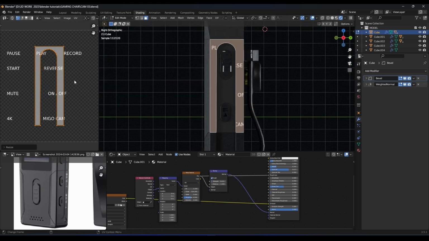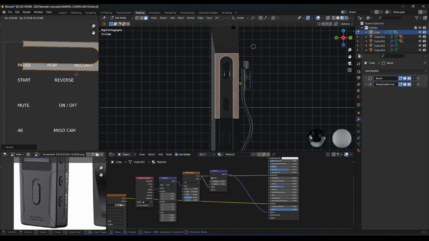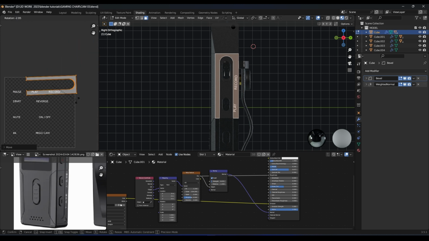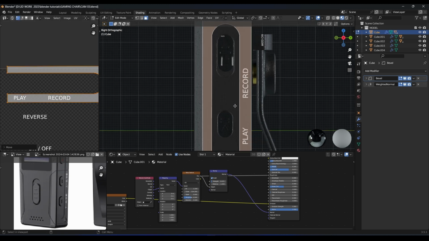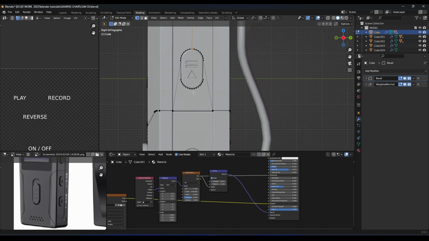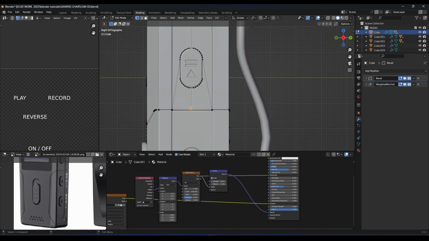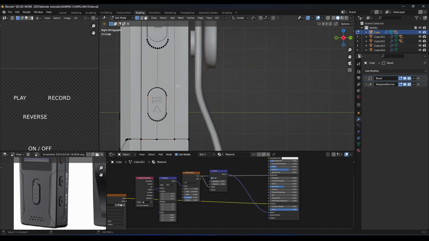We can scale it like this. We can rotate it to make like this. Maybe we need to add some cuts right here to fix this. So let's fix this first like this. Let's add a cut right here. Dissolve those edges. Okay, now we can select this and maybe we need to cut right here and we need